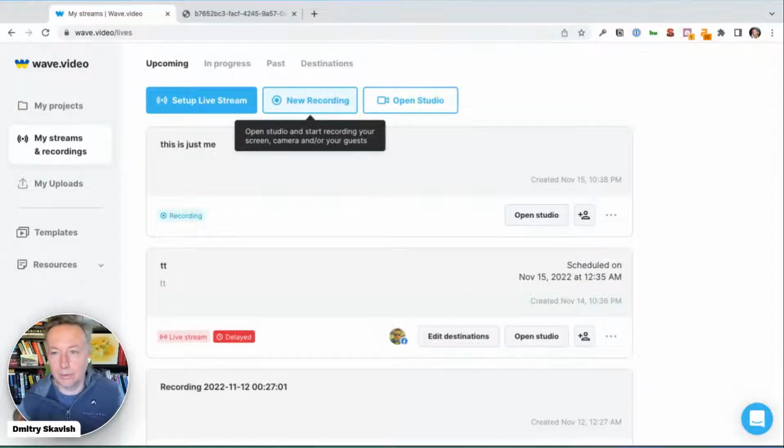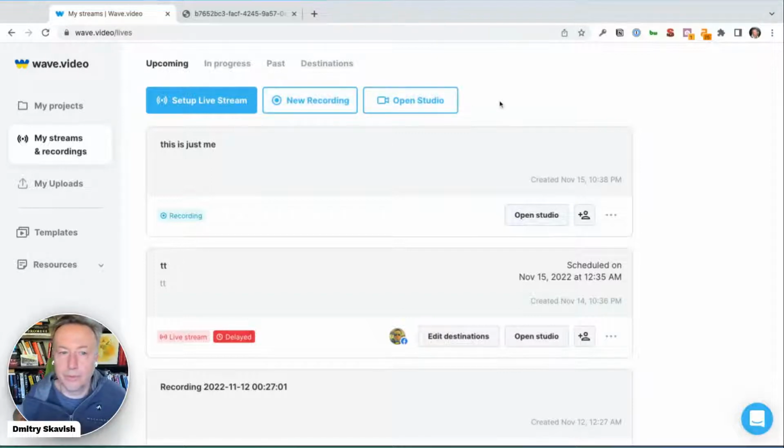You go straight to the studio. So now you can just rename it from within the studio. Small but useful feature. Okay, next one. Next one is